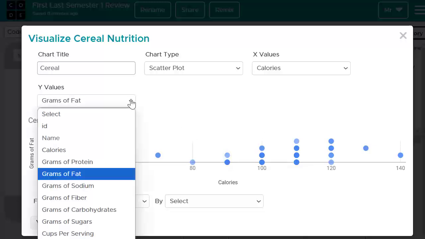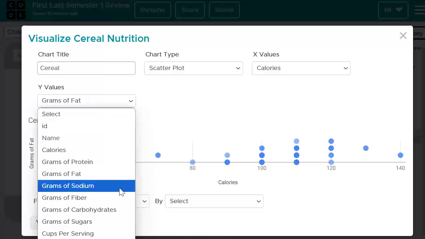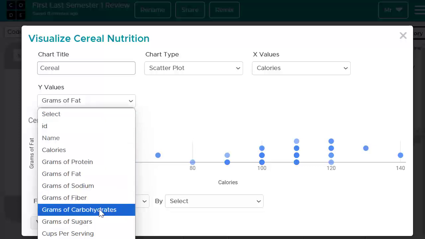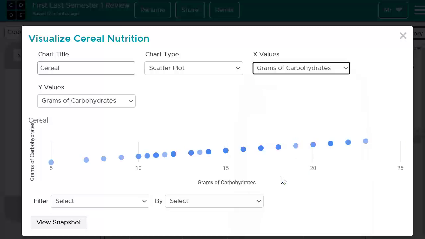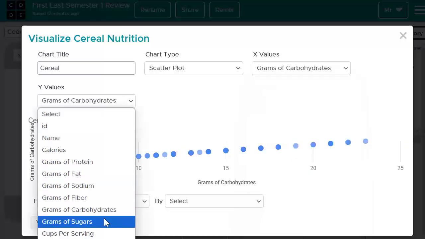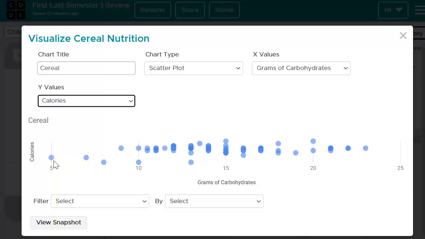Why don't we switch it? Why don't we do carbs, grams of carbs. Okay, that's kind of interesting. So again, I wonder if we swap the X and the Y, how that would look. So let's change it to grams of carbs versus calories. Calories. So again, there's clearly a relationship between them. I don't really like how this graph is not really spread out very well. I wonder if